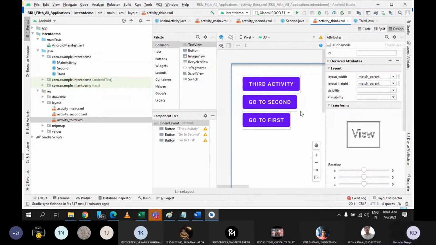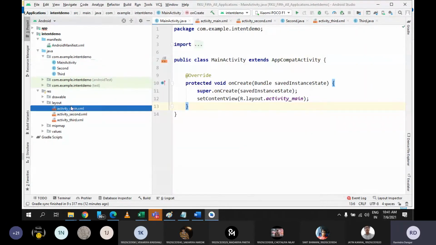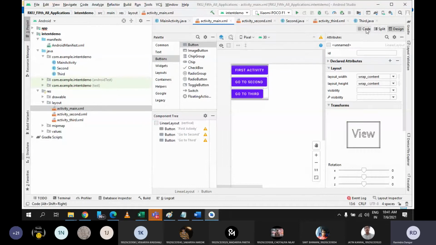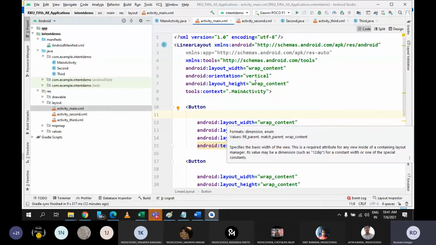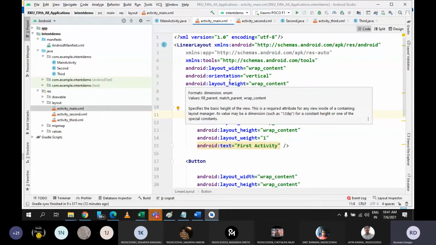No doubt, sir. Okay, so now the only thing is we will have to find IDs of each controls in the Java files, and then we will implement the click events of each button. That's it. And then I will explain you how you can navigate from one activity to another activity. What kind of logic is needed to transfer the activities that we are going to discuss. So first what I'm doing, I'm going with the main activity file, and this is the main XML file for that. So as we know, to connect all the components in the Java file, we need to give the IDs to each controls. Do you remember this?